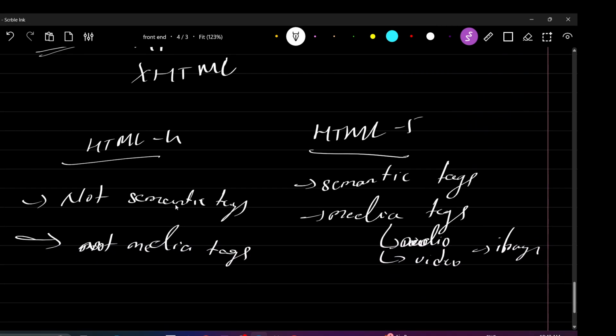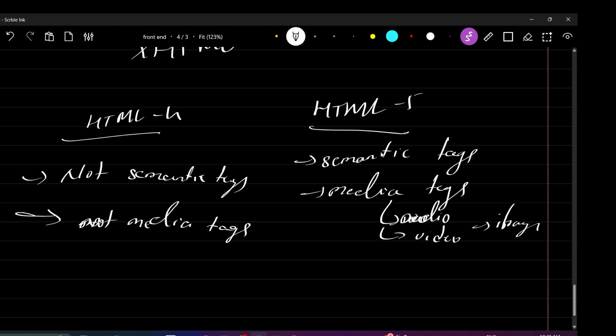If the interviewer asks like this, what are the differences between HTML4 and HTML5? So here some features, means some tags, are introduced in the HTML5 version, that is the semantic tags, then media tags. What are the semantic tags? We will discuss later. Don't